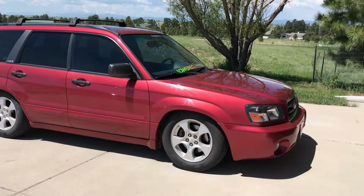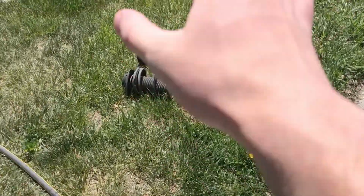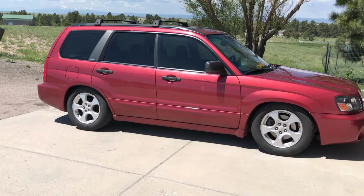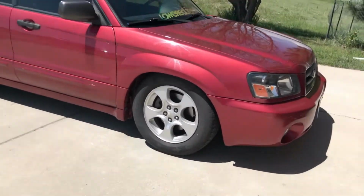What's up, everybody? Nick here, Trap Garage. I got a pretty disappointing video today, but we're doing work on the Forester today. I'm just gonna explain what's going on here. All four of these are gonna be replacing the coilovers that I have currently. I'm going back to stock suspension for now, and I'll get into that a little later, but I'm having a